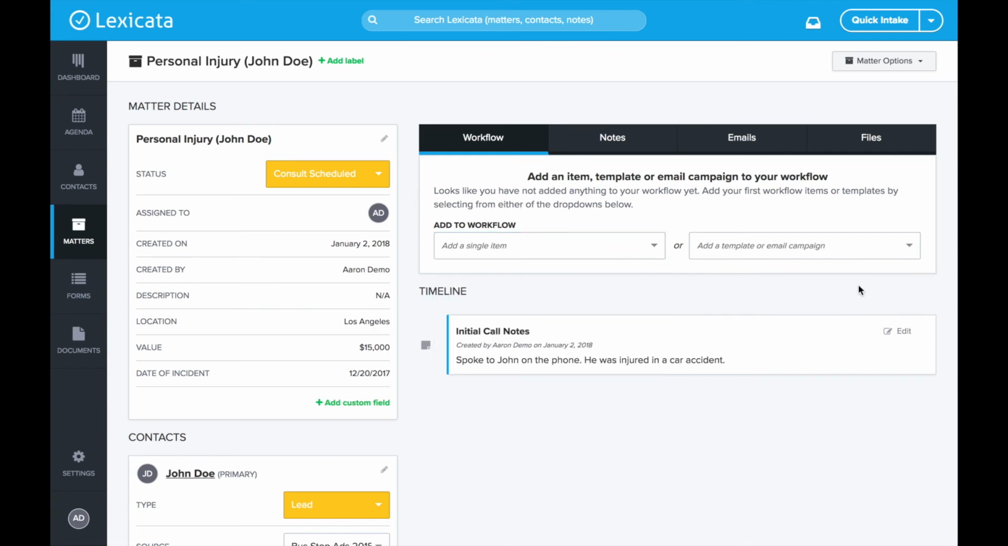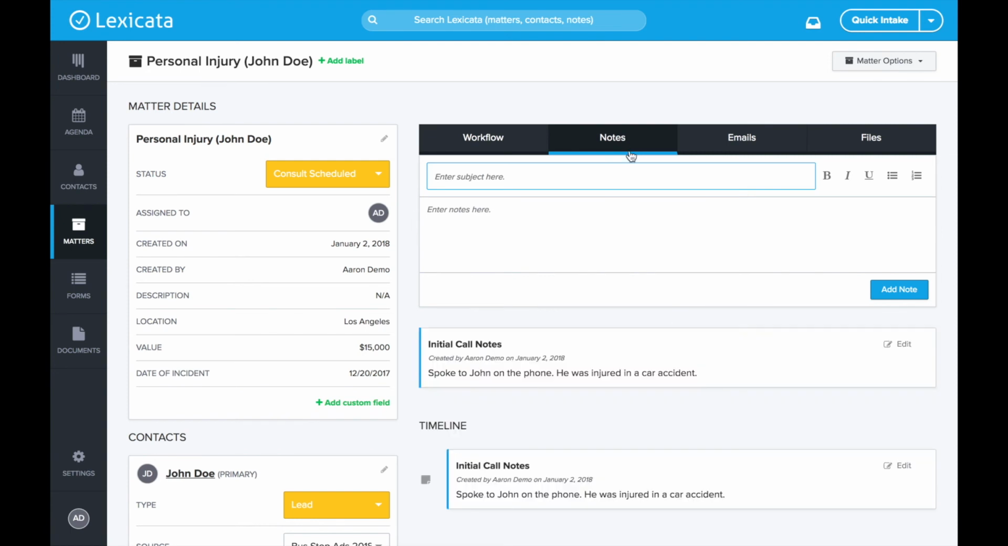We'll get into this in much more detail in later videos, but just have a basic understanding of what it's for. Here we have the notes. So it'll show you any previously created notes. For instance, the initial call notes that I put in from the quick intake form are already here. But if I wanted to add another note,